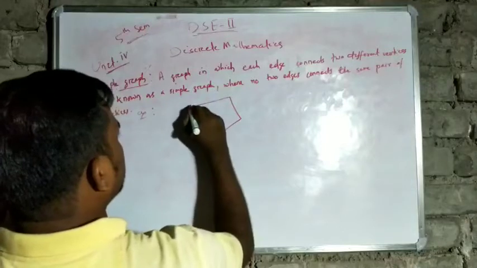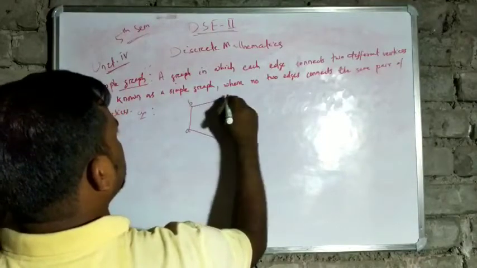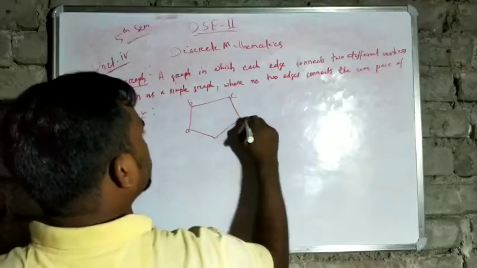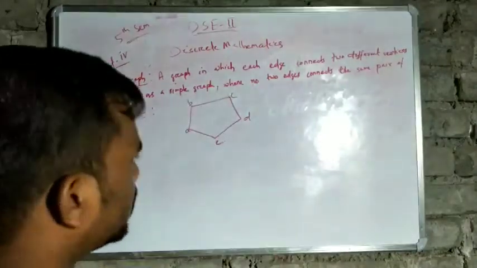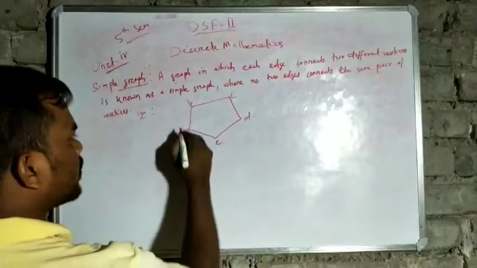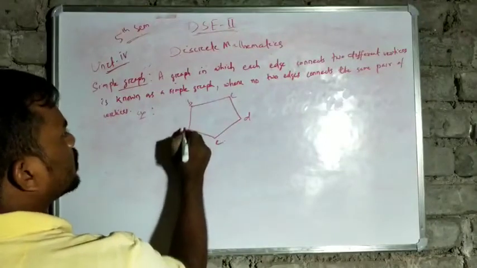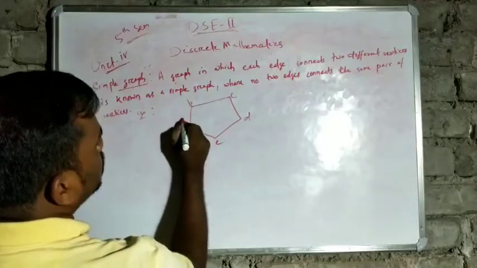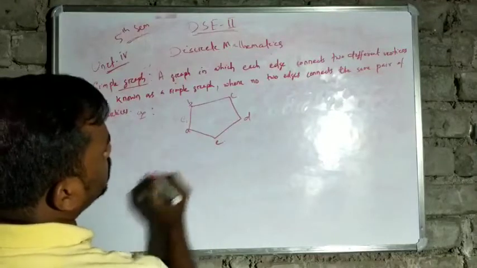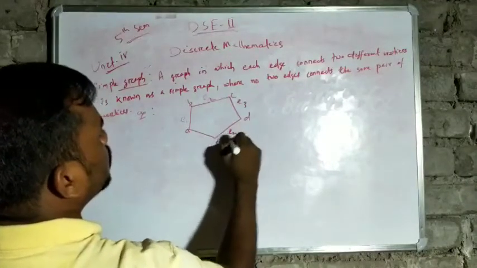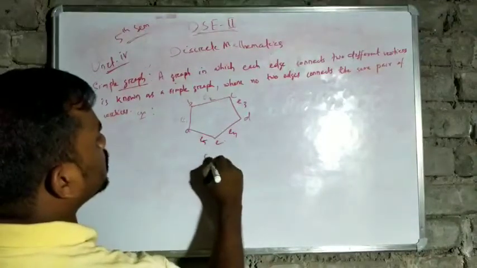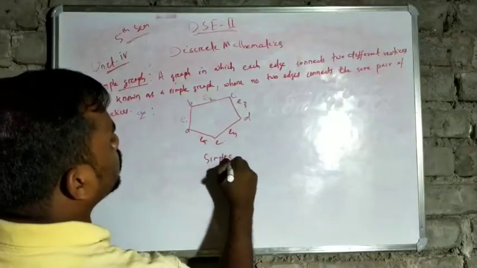This is vertex A, this is vertex B, this is C, this is D, this is E. This is a graph having 5 vertices and edges. Look, this is E1, E2, E3, E4, E5. This is a simple graph